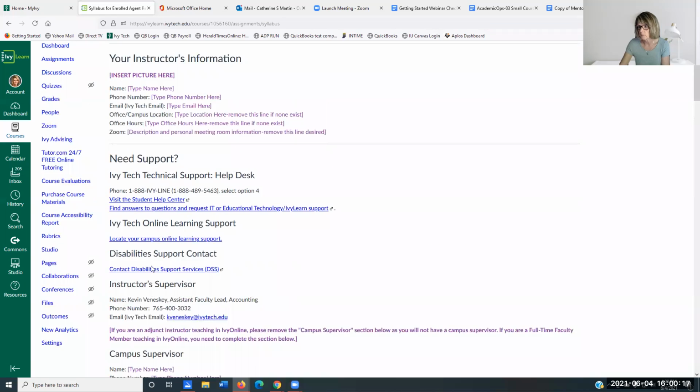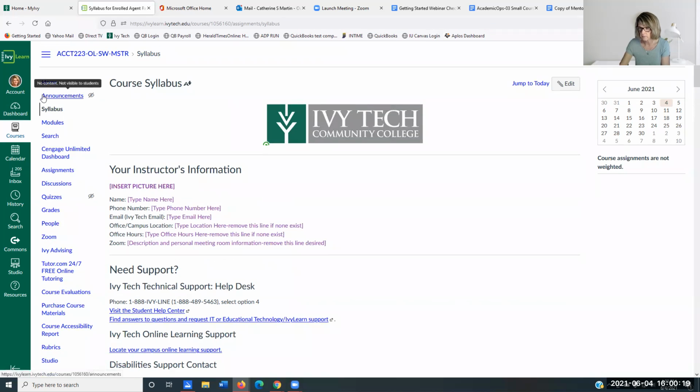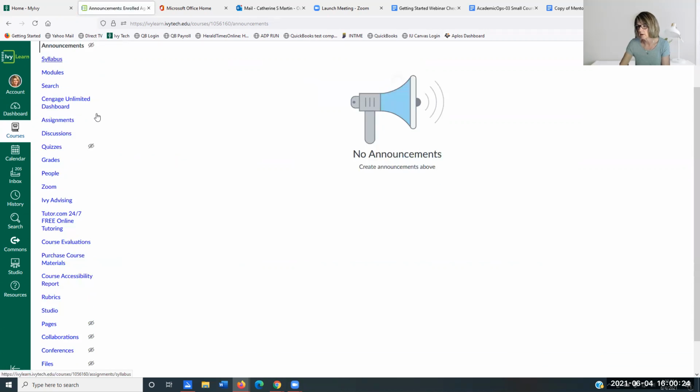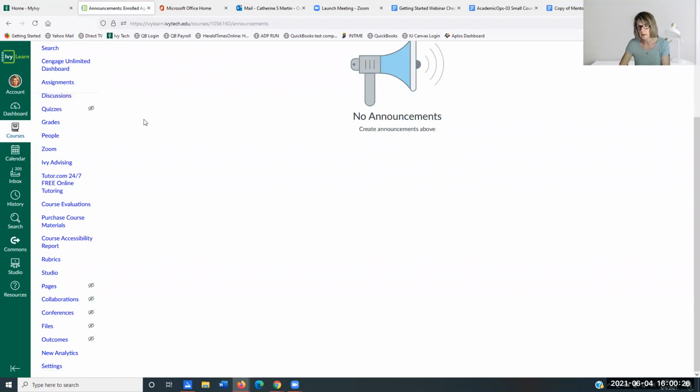I also do this in the announcements, in a welcome announcement, and I don't have that here, but in a welcome announcement, I reiterate that information and just tell the students, obviously, welcome to the class, but also here is the information to set up your Gleim classroom. And in the syllabus also,